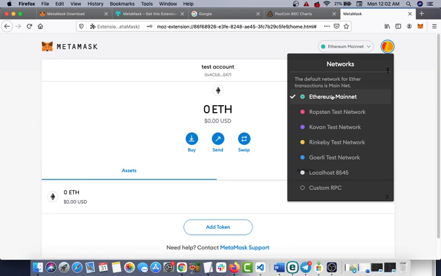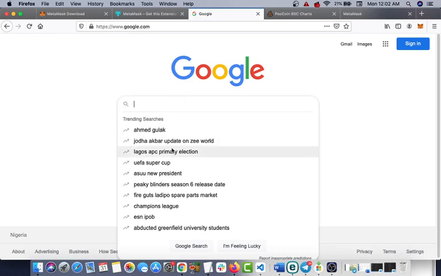How do we configure this? You have to configure it to use Binance Smart Chain, because the Binance Smart Chain configuration is not here. This is only Ethereum mainnet. You have to add Binance Smart Chain mainnet as well. So what are we going to do? We have to go to Google and search for